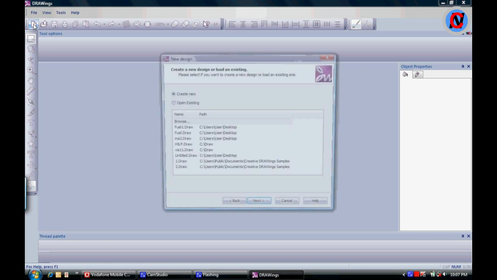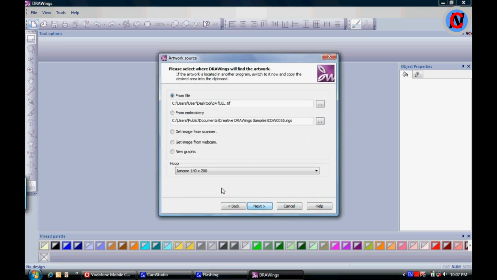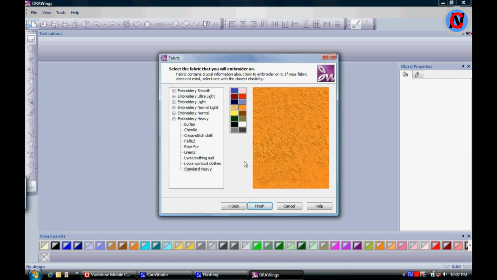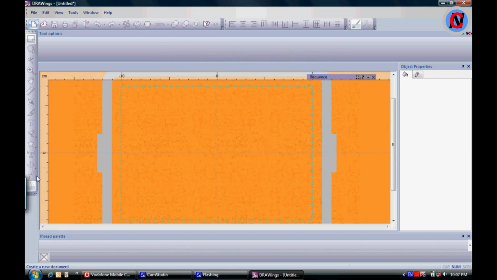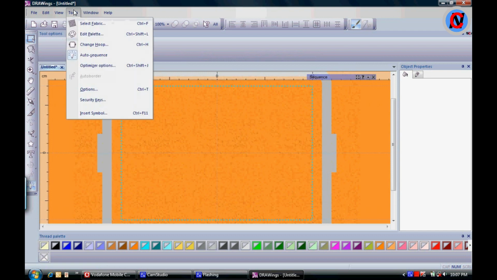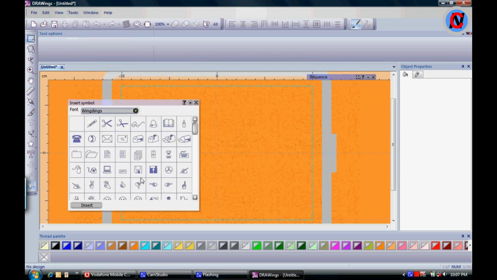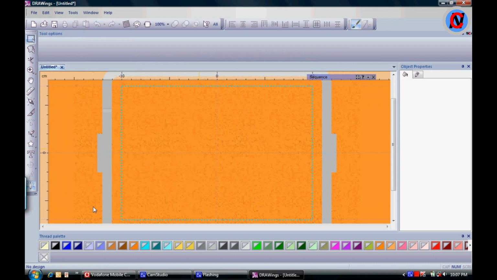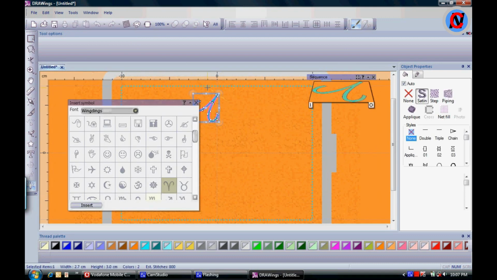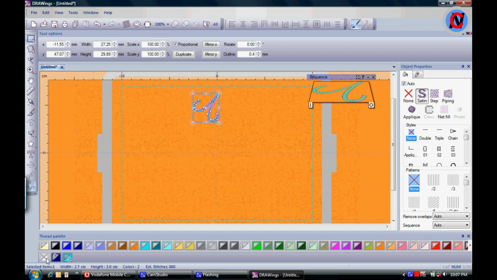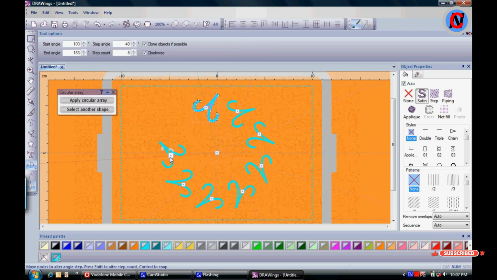New screen, create new, next, new graphics, next, choose a background color, finish, go to tools, insert symbol, go a little bit down, choose a symbol, insert, put it on your screen, click the cross to close symbols, go to the bottom, click on top of that cross, no outlines,